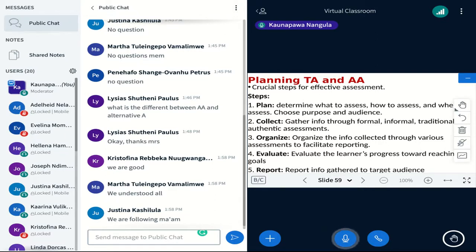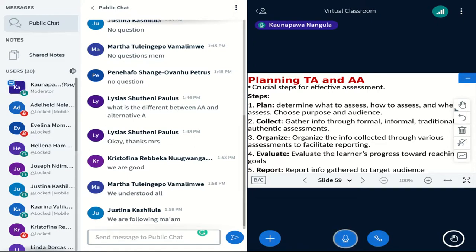For example, in the junior secondary certificate syllabus, whatever subject you're teaching, there will be a continuous assessment form. That's where you enter the grades of the learners. All right. And if it's a secondary level, how are you going to organize the data? Are you going to use an Excel sheet? How are you going to organize the data?